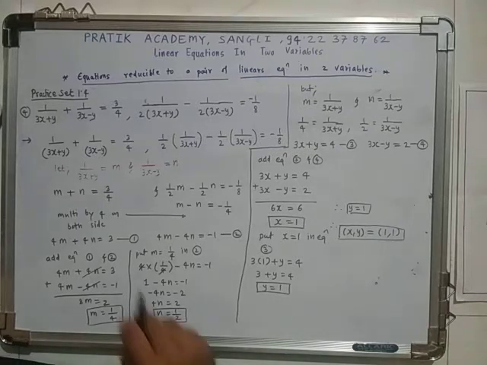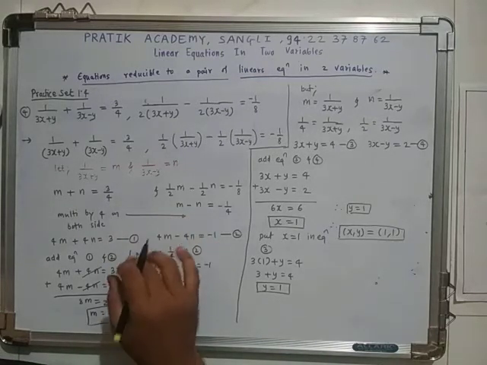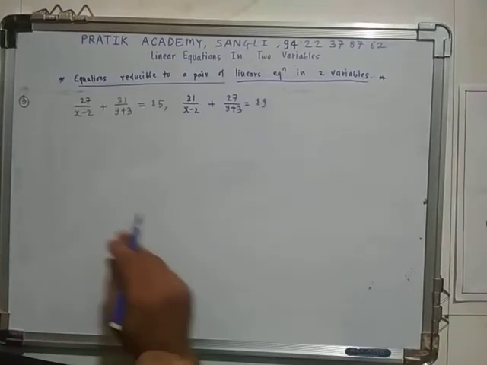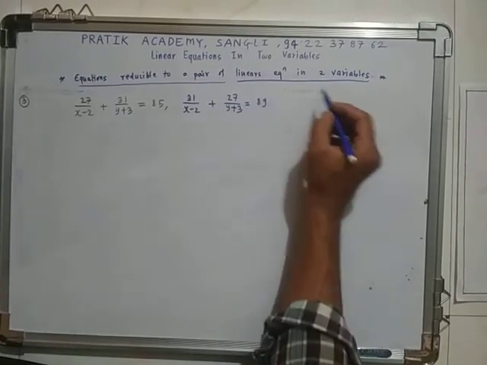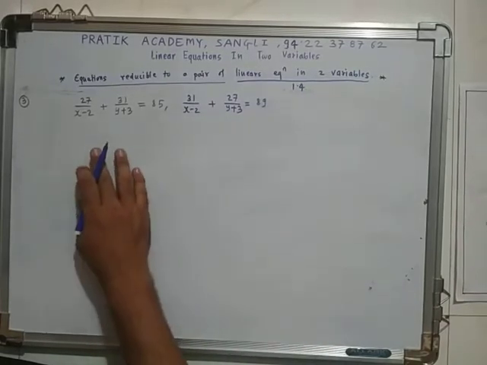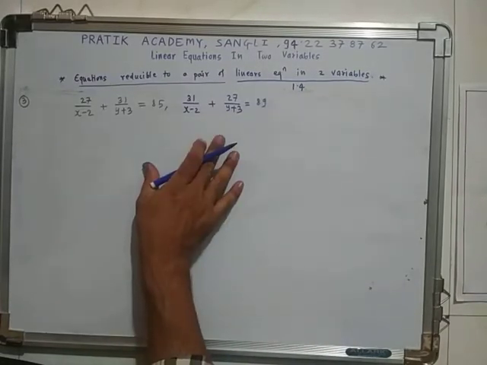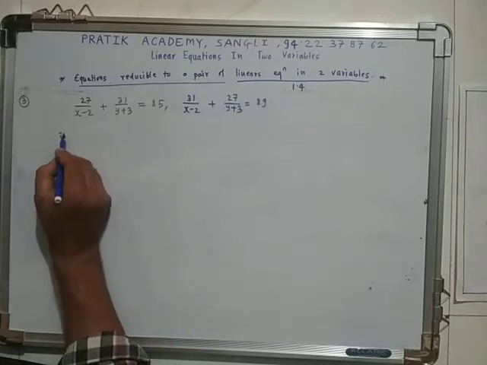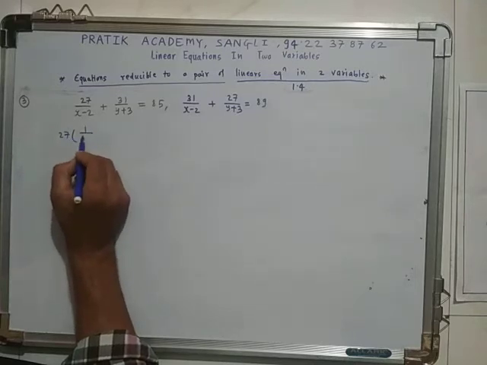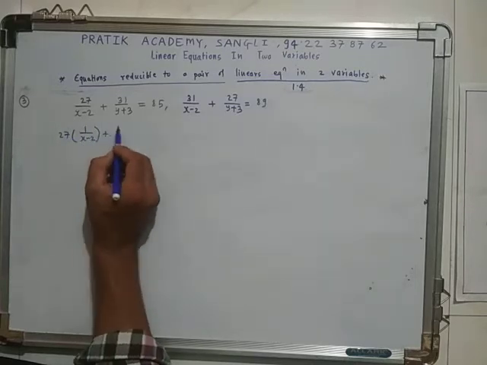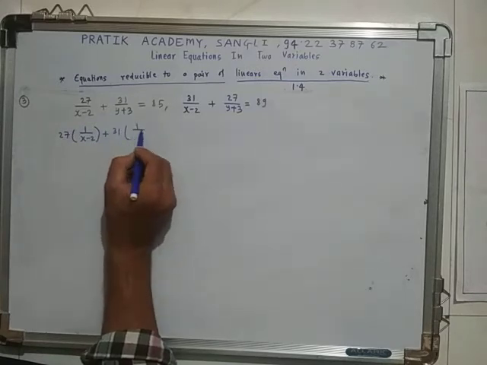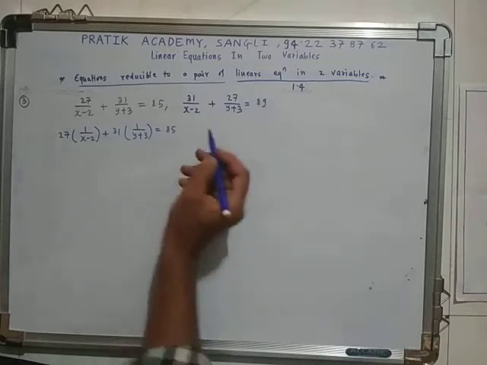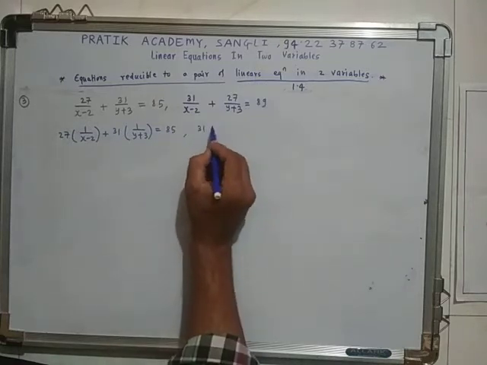In this way we have seen the fourth numerical from practice set 1.4. Okay, this is our problem number 3 from practice set 1.4. So again, these are not linear equations in the given format, so we have to make some substitution. For that purpose I will write here. So this is the last numerical from practice set 1.4, so I am taking it a little bit faster here.